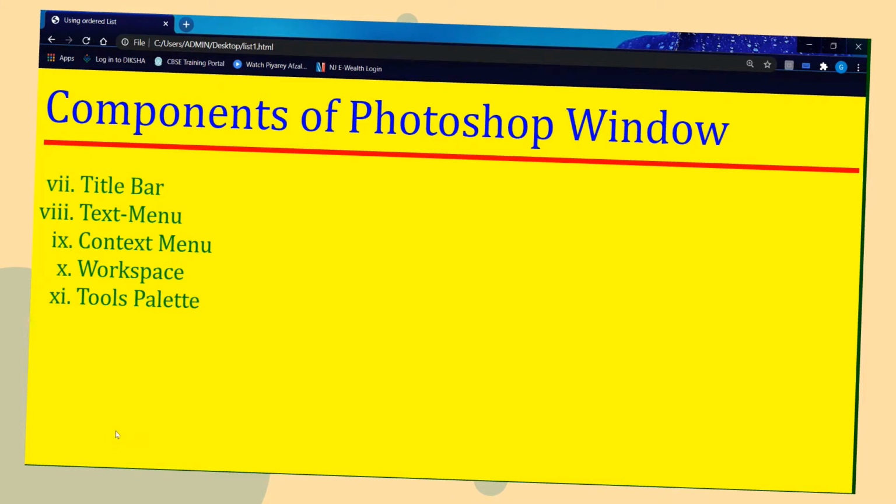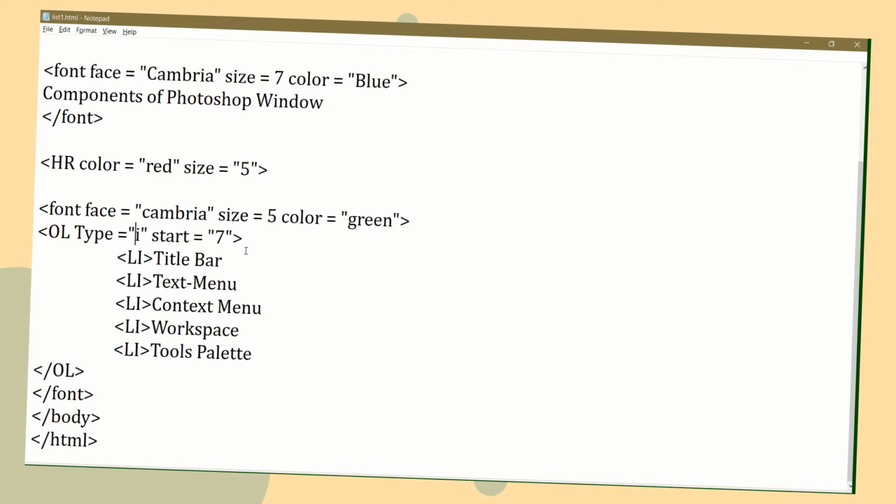Similarly, we can give small alphabets, type equals small a, and a start value if you want. Suppose you want to start the numbering from C, so I will give it as 3. So it will start the numbering from 3. Save it.